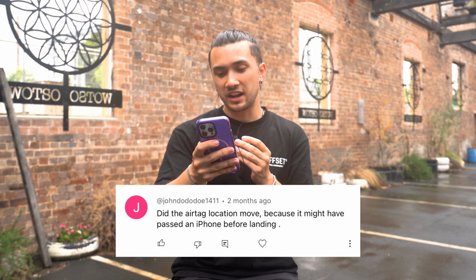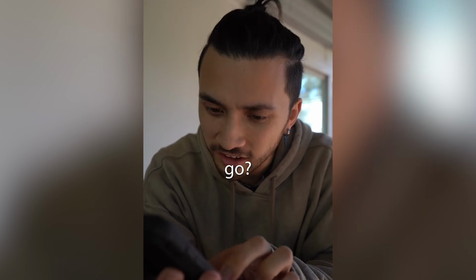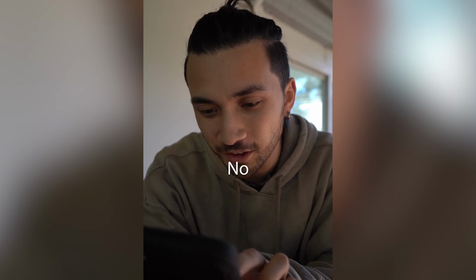Did the AirTag location move? Because it might have passed an iPhone before landing. Okay, so I actually made a follow-up video to this, but 3 days after I posted that video, the AirTag moved to a recycling center. It's moved like 10 Ks from where it was like 5 days ago. Where did it go? Oh, no way. No way. It's at a